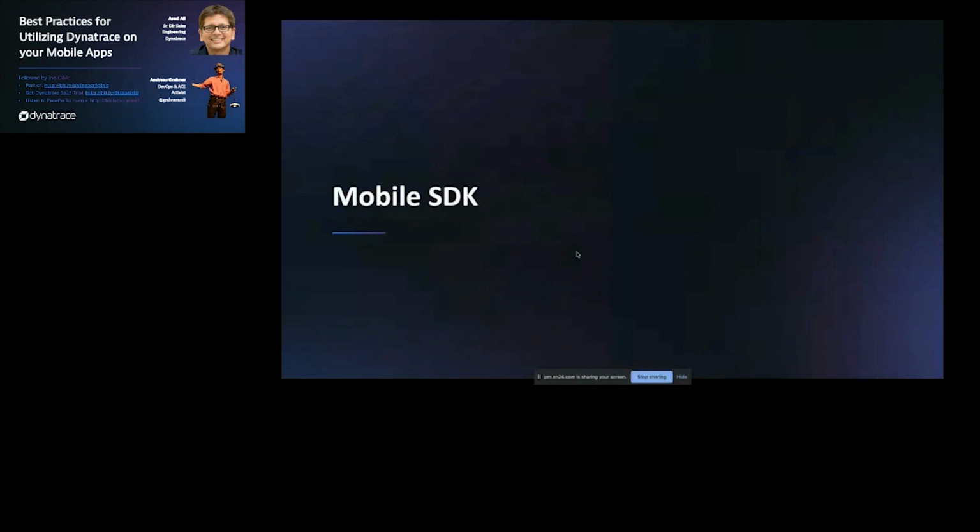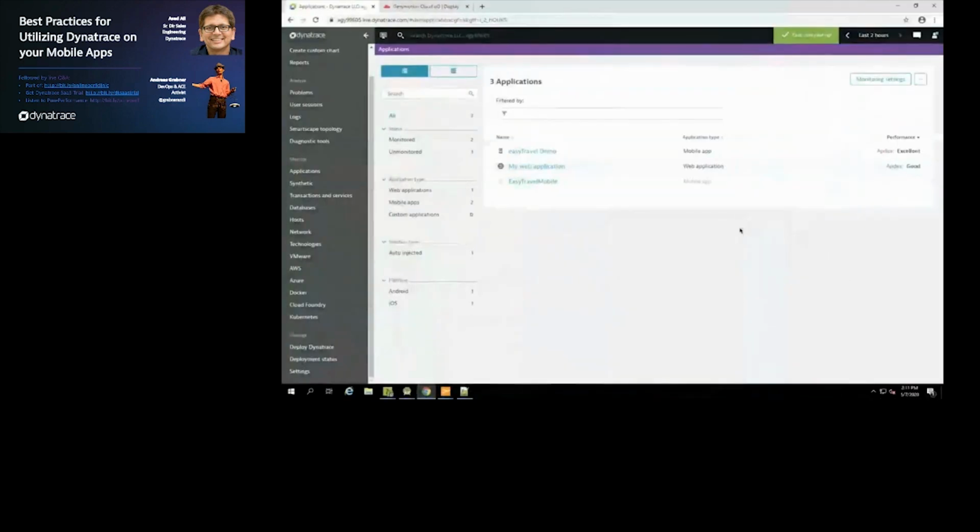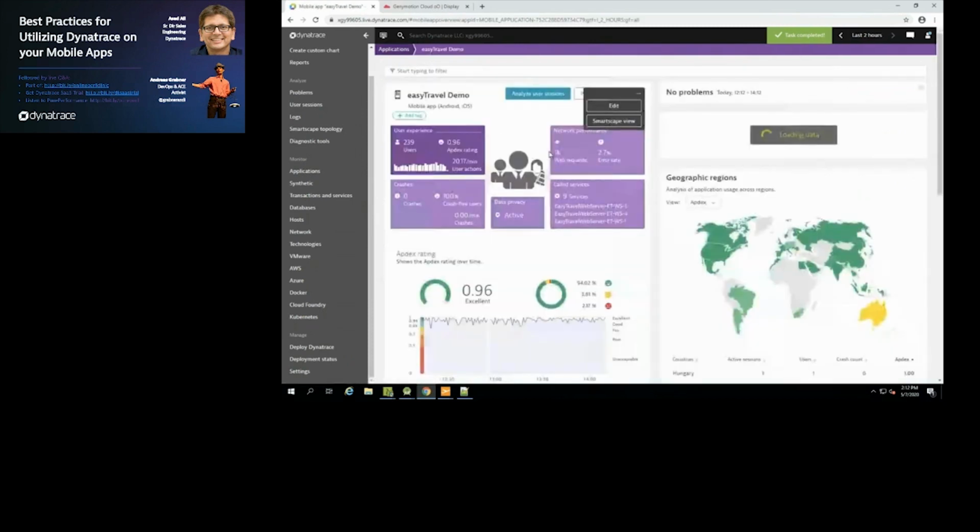So, mobile SDK. Before I go into that, let me show you where you can find this. This is my Dynatrace UI. Here I have my web application, and on the top is my mobile application. You can create an application in Dynatrace very easily. You say it's a mobile app, and once you give it a name, and when I click on that particular